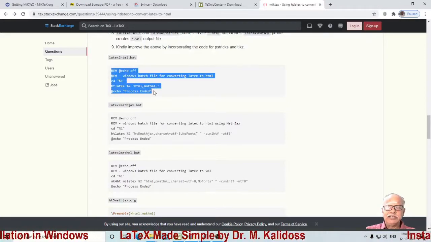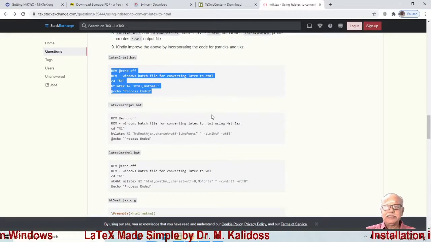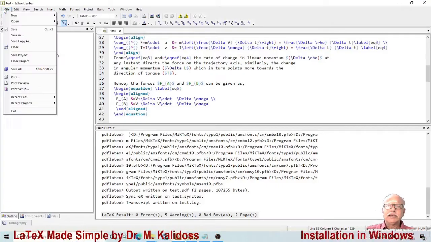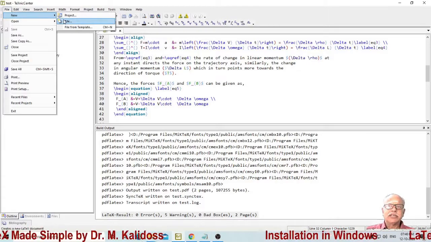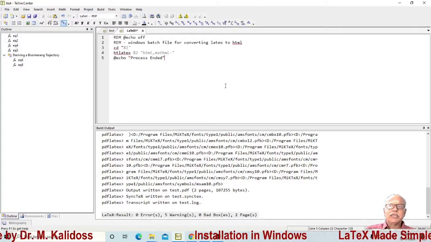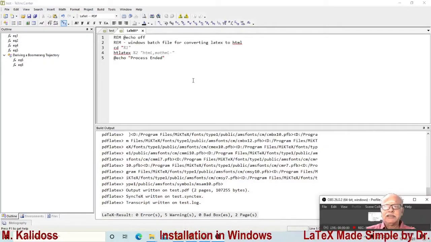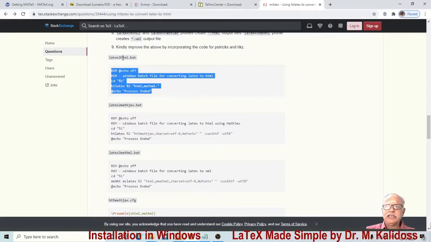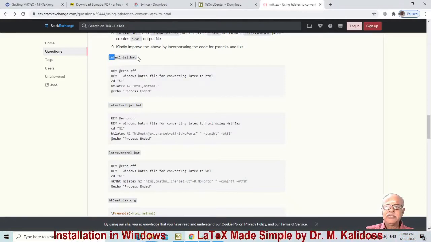Let us say you select this file, copy this, go to TeXnicCenter, click new, save file. Okay. You save this. Save as what? You save this file as